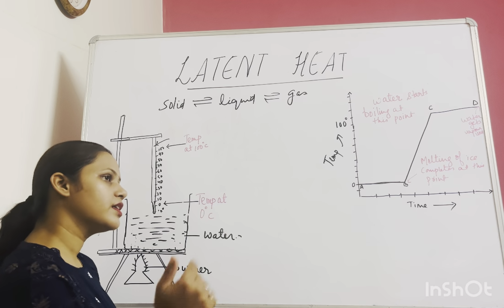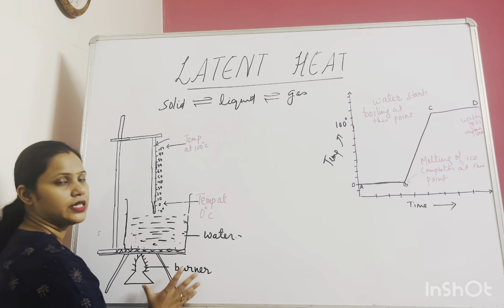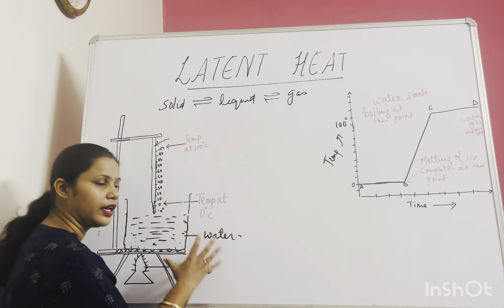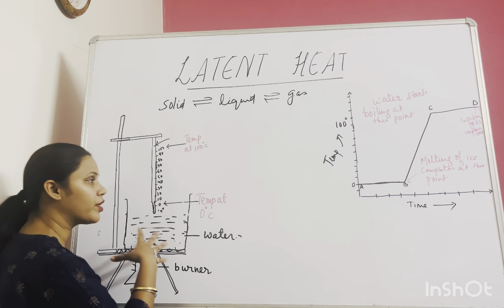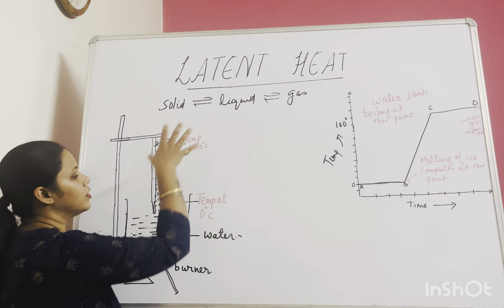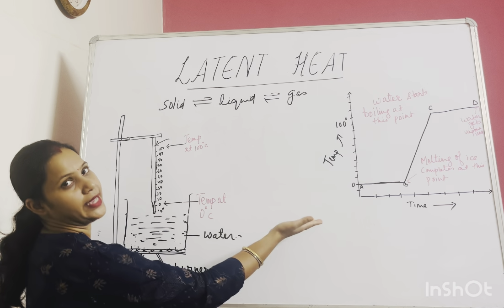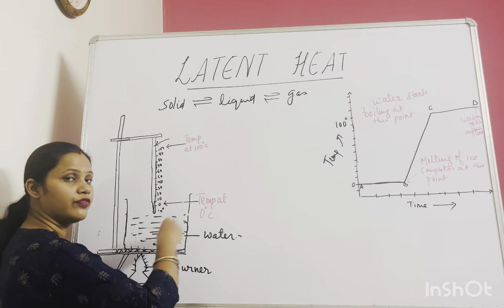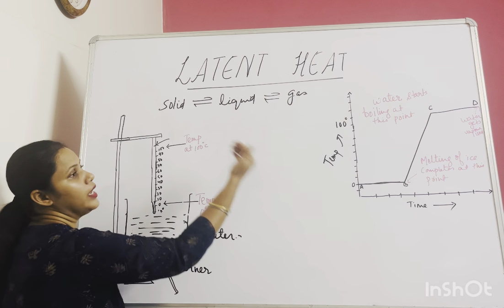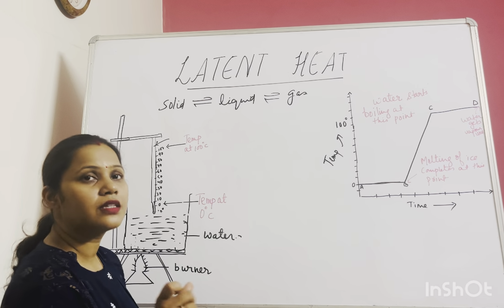Why? Again the reason is same. जो भी हीट एनर्जी आप सिस्टम को दे रहे हैं वो कौन ले रहा है? सिस्टम एक्वायर कर रहा है, एब्जॉर्ब कर रहा है to interconvert the liquid into gas state. So that hidden heat which is converting the liquid into gas state or steam, that is known as latent